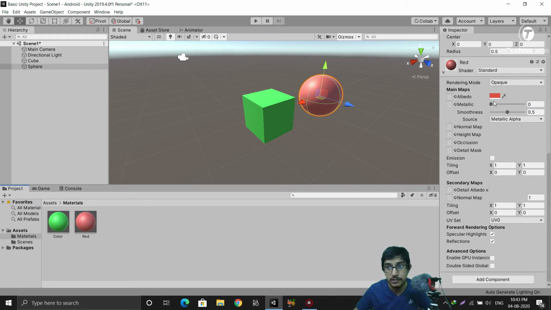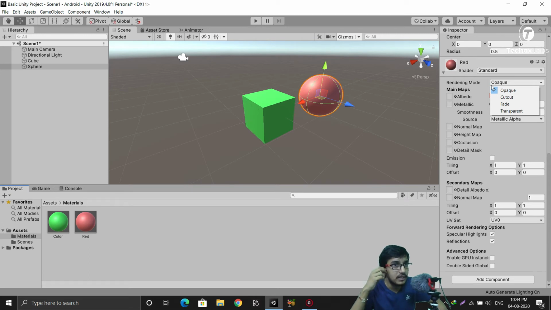So currently I am going with standard, and here you can see our rendering mode is set to opaque. So we have got 4 options in the rendering mode, that is opaque, cutout, fade and transparent. We have to use these in different scenarios, but I will tell you what they do. Opaque means opaque as the name suggests, and cutout means if you have a model that has some cuts in it.